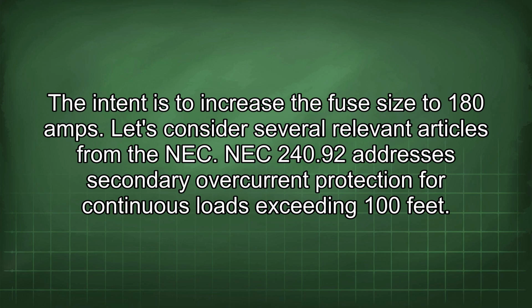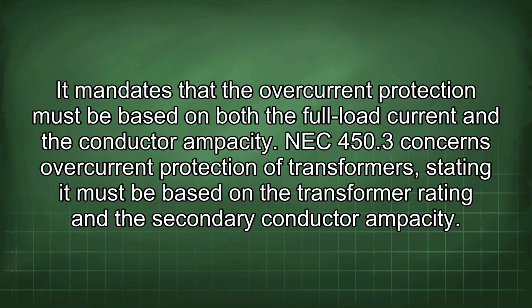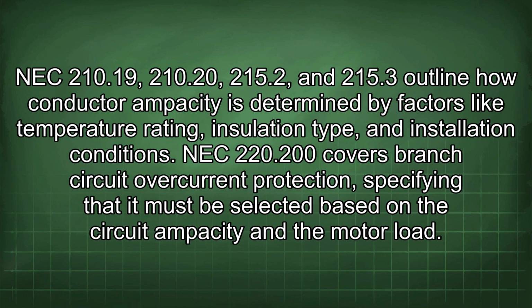Let's consider several relevant articles from the NEC. NEC 240.92 addresses secondary overcurrent protection for continuous loads exceeding 100 feet. It mandates that the overcurrent protection must be based on both the full load current and the conductor ampacity. NEC 450.3 concerns overcurrent protection of transformers, stating it must be based on the transformer rating and the secondary conductor ampacity. NEC 210.19, 210.20, 215.2, and 215.3 outline how conductor ampacity is determined by factors like temperature rating, insulation type,